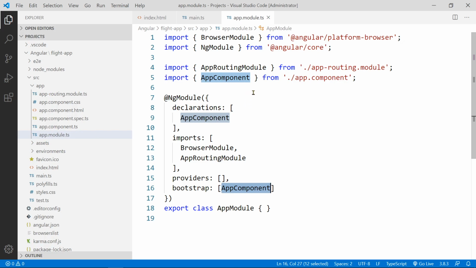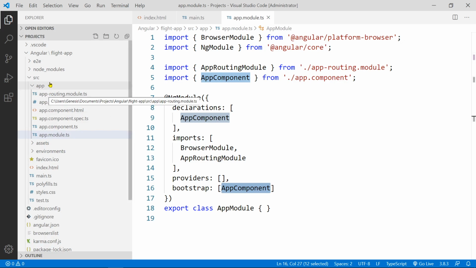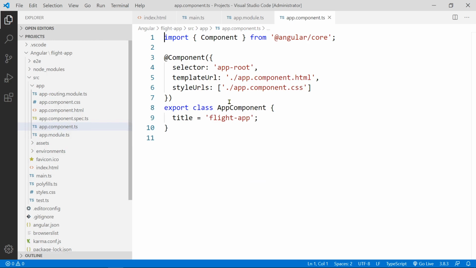Again, where does it go? Usually it's contained inside the same folder, because all these are called app component, app module. Then the convention is to all have the same name prefix. So you can see all these inside the app folder, app.component, app.whatever it is. Okay, and so the app module is here, the app component, and if you open that file, this is what